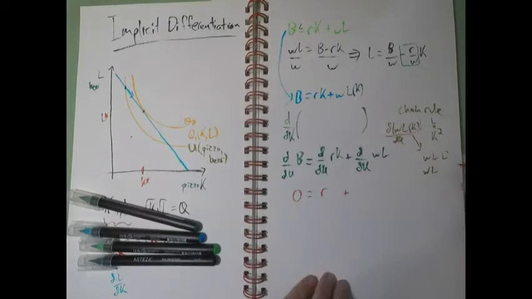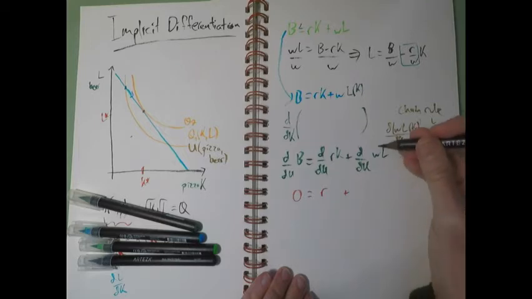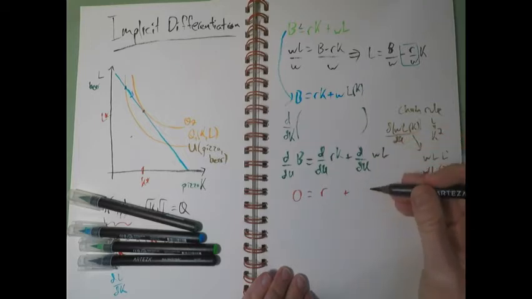W times L times 2k. Feel like I've done something weird here, but let's not worry too much about it just yet. So for this, what we're going to get is how much, now let's put it this way. We're going to get, we want